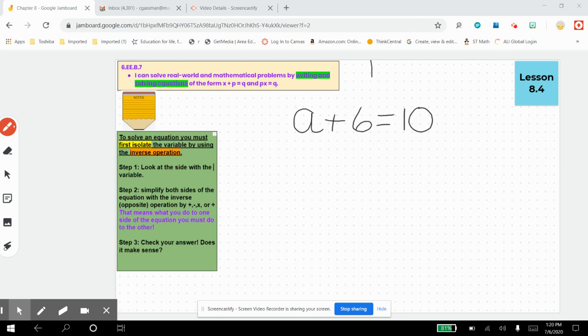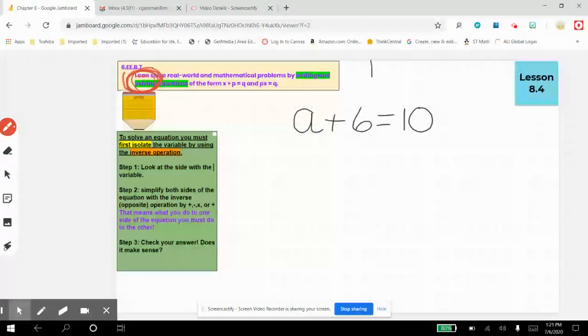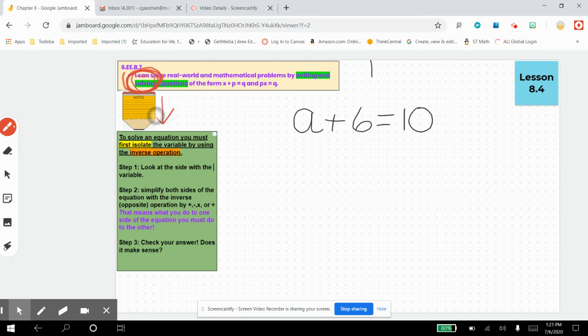Boys and girls, today we're going to be doing a reteach on lesson 8.4. This is going to be solving equations. So we've been writing equations up to this point. Now we're going to be focusing on solving. I want to draw your attention first to our notes box right here, which is